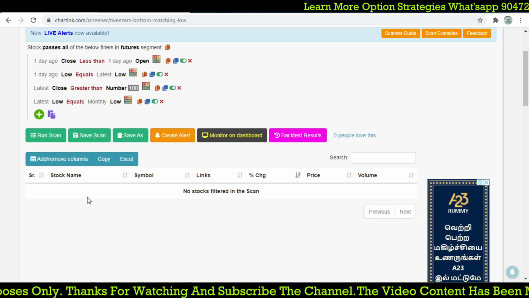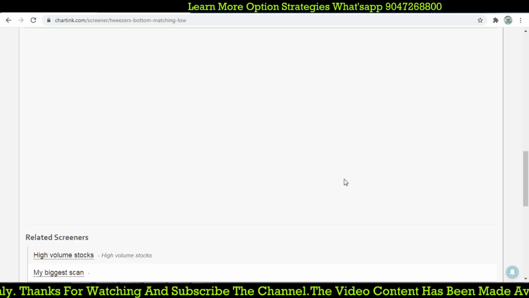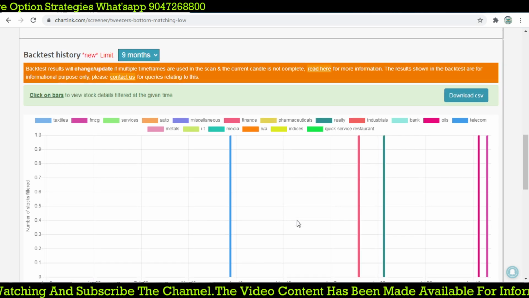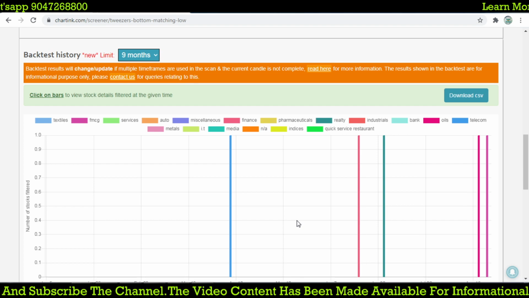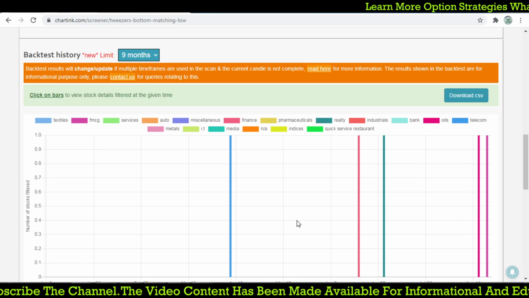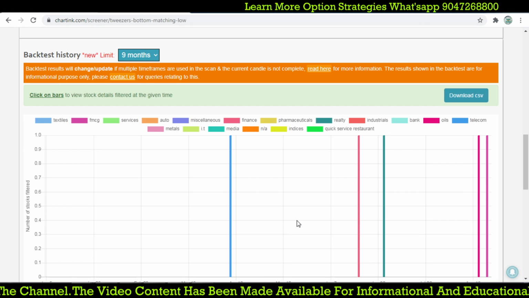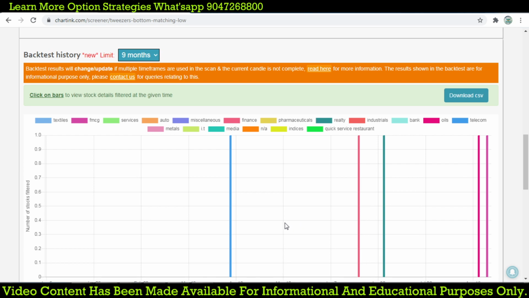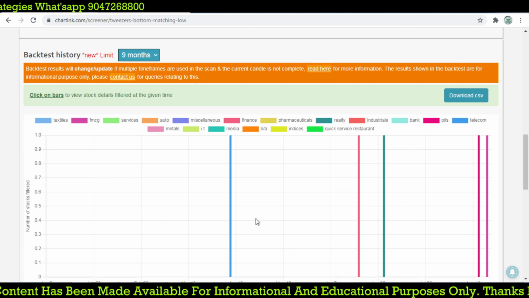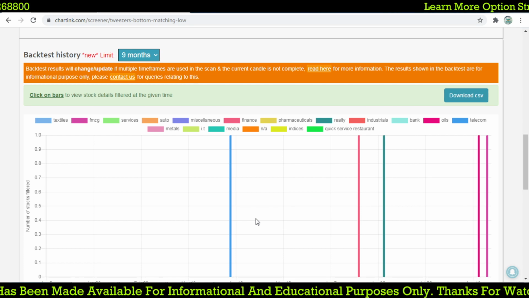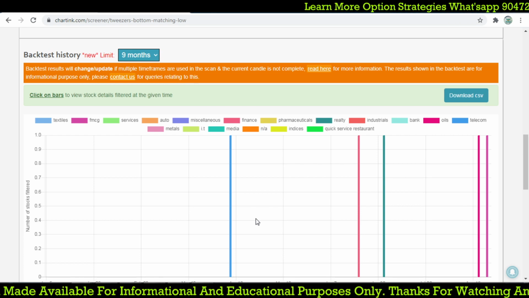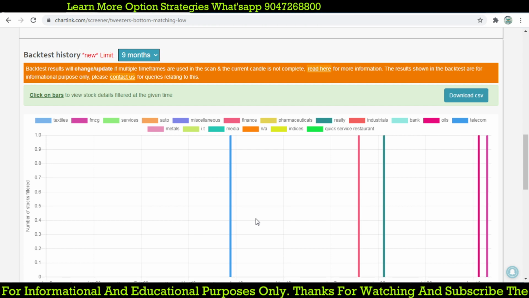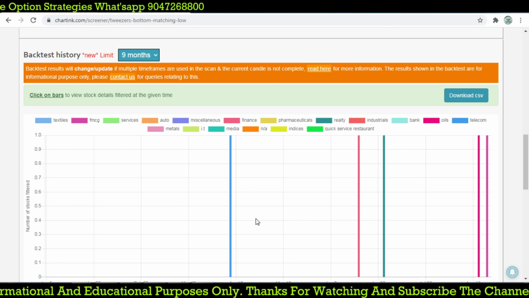That gives me a great opportunity. If I am focusing on the monthly low, we will find very few stocks. We are not going to take a huge number; we are focusing on very few stocks, and that gives you a great opportunity, right? That is the main thing. So we are planning for that. The number of trades should be very small. If you have 10 or 20 stocks in a day, it is quite difficult to analyze, right?